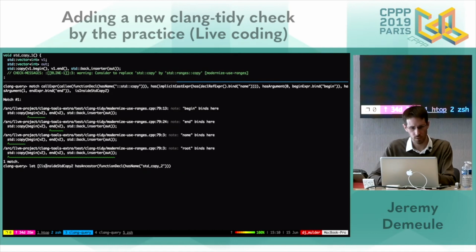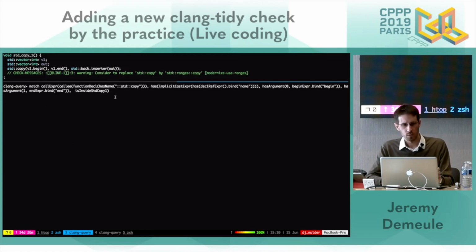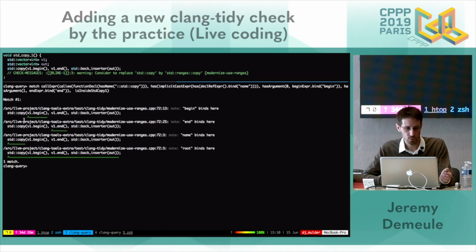Let me find it. Yes, inside. Now we'll check if it worked too, and finally, yes, the same matcher is able to find the expressions either if we are on free function calls or on member function calls for the pair of iterators.